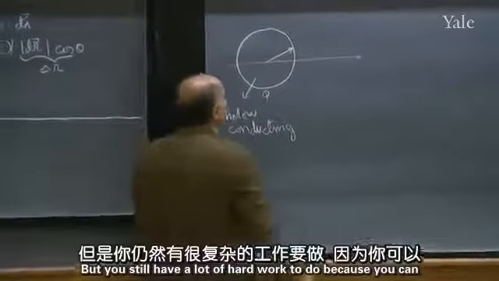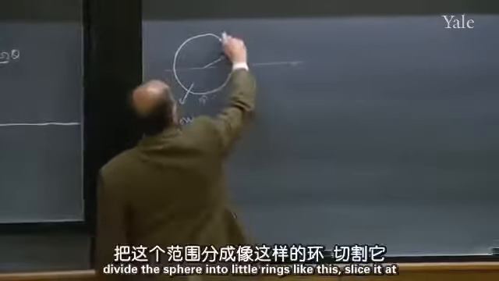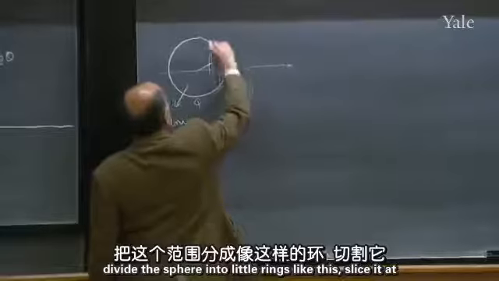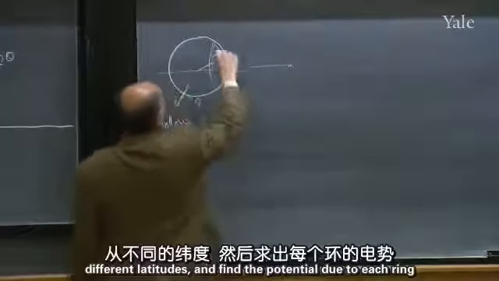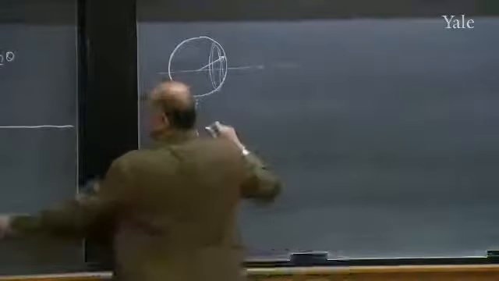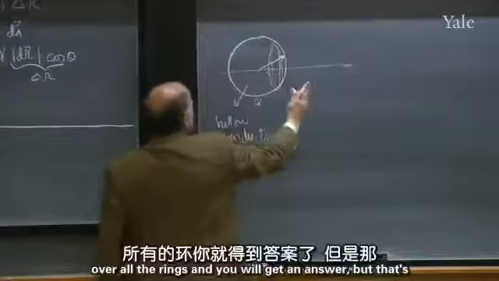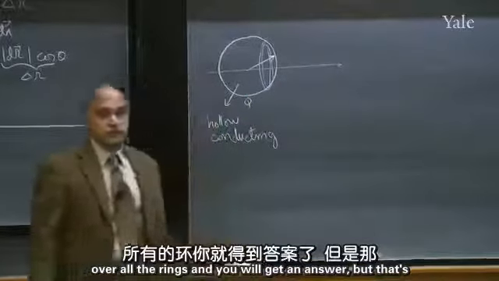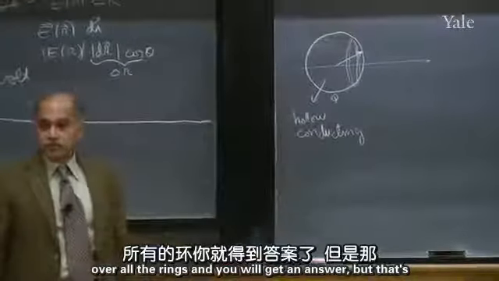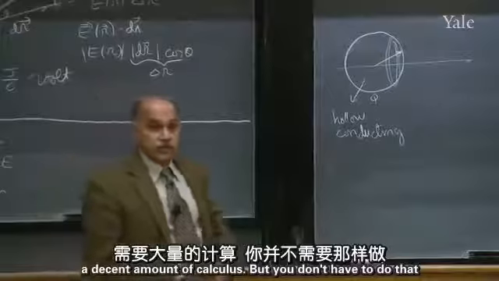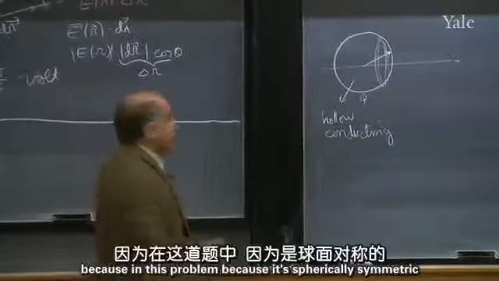But you still have a lot of hard work to do because you can divide the sphere into little rings like this, slice it at different latitudes, and find the potential due to each ring using this formula I just did somewhere, then integrate it over all the rings, and you will get an answer. But that's a decent amount of calculus. But you don't have to do that, because in this problem,